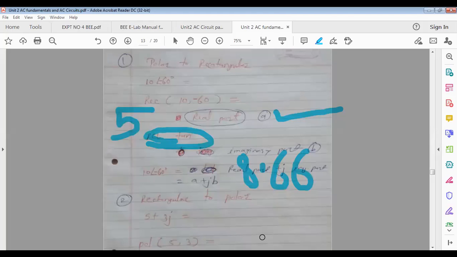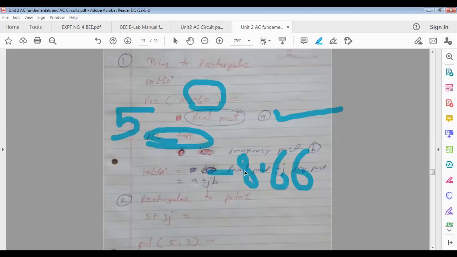Again, see. Tell me where is recall? It is above 7, RCL above 7. Rectangular of what? 10, comma minus 60. Complete the bracket. Press equal to, it is displaying 5, and then press RCL tan. Actually, it's not plus 60 degree, it's minus 60 degree. So minus 8.66. So what is the answer?